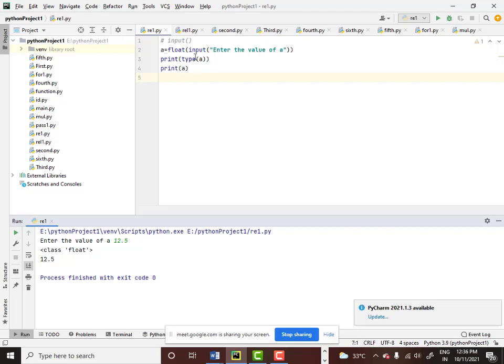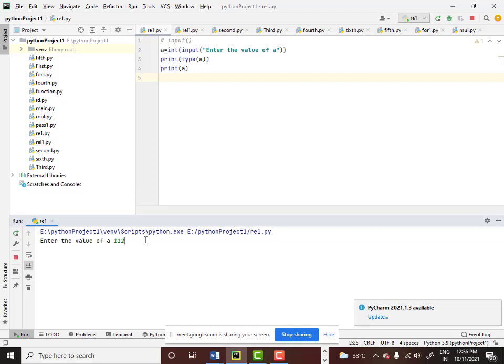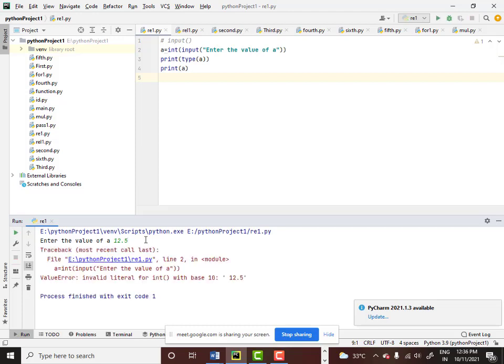Suppose now you give this typecasting as integer, and while entering you give a floating value. I say 12.5, it's a floating value now. See, it gives an error. What error does it say? Invalid literal for int.